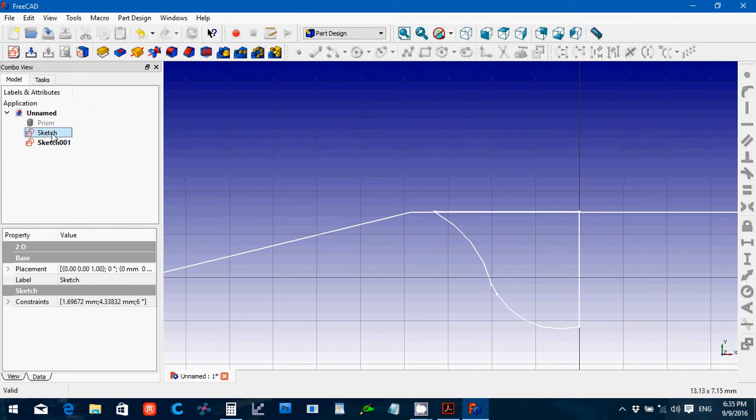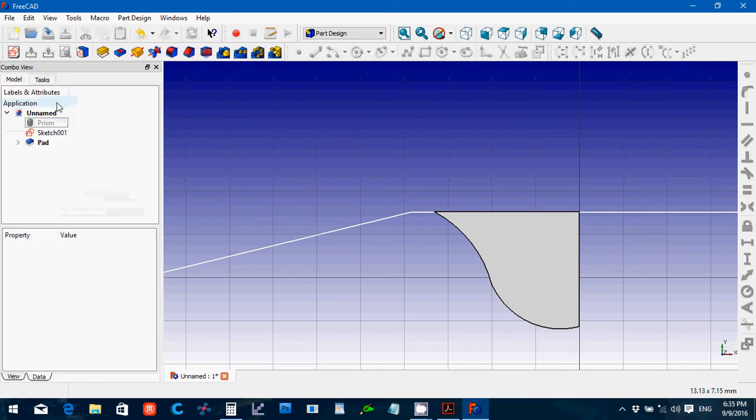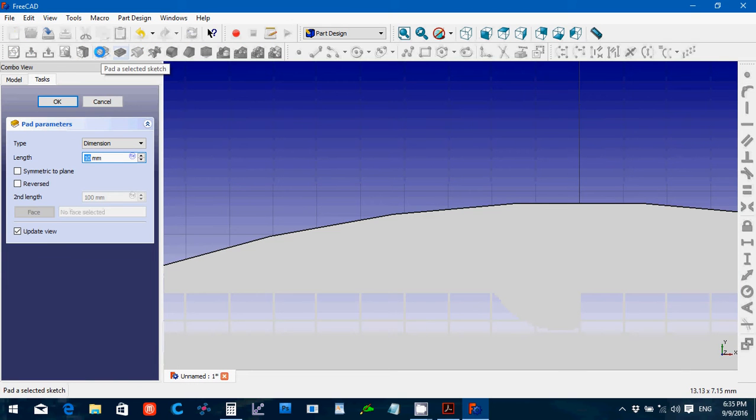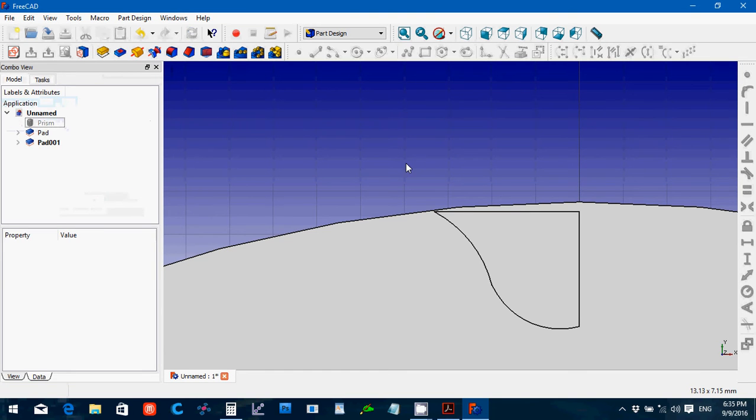Going to pad both of them. 6.75. Oh, okay, so how do I do this? Because right now, this isn't going to hit, so let's,